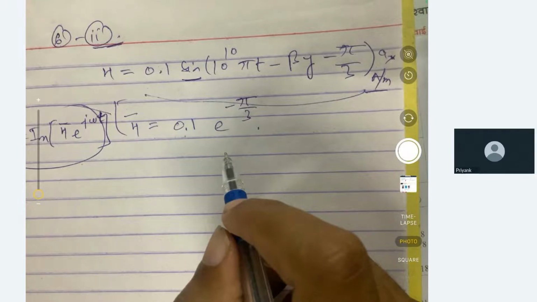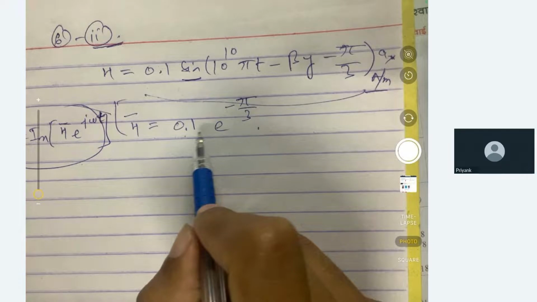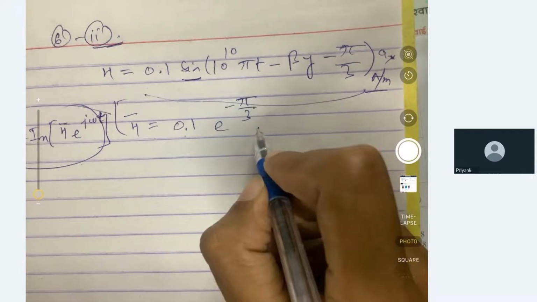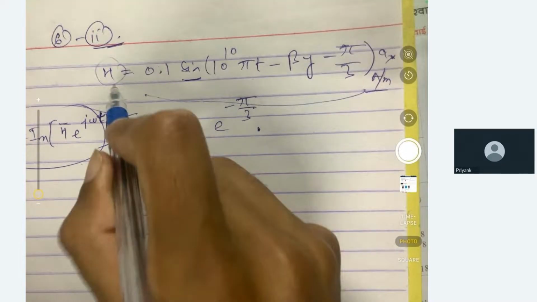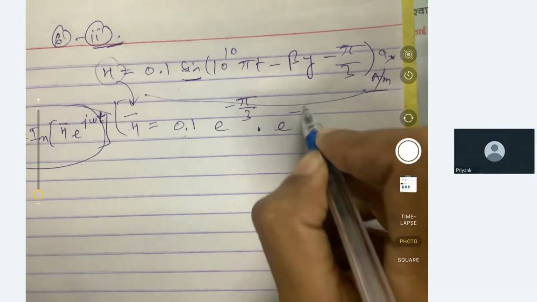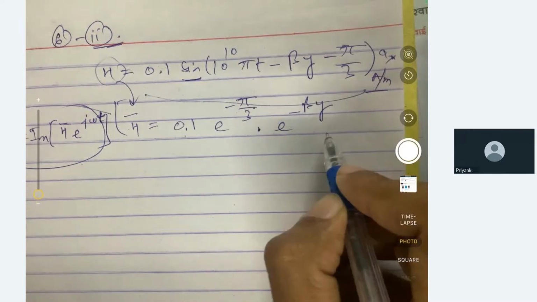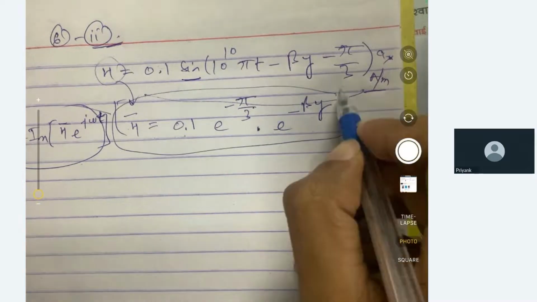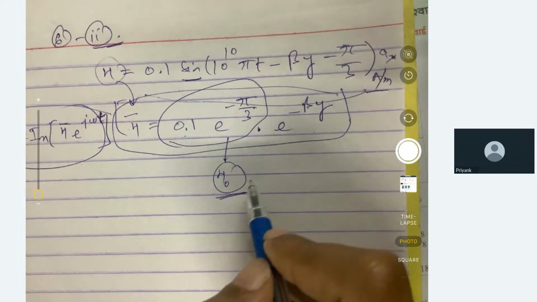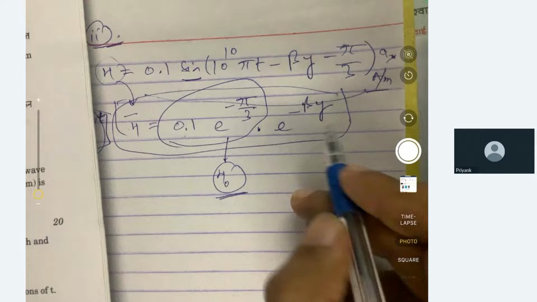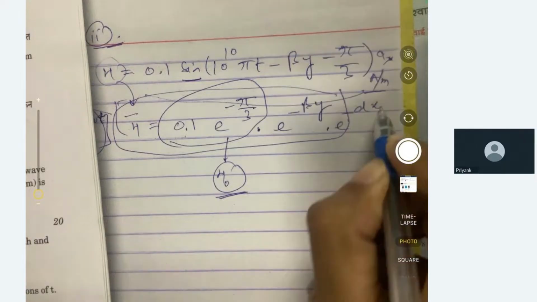Okay, so this H is equal to 0.1 e raised to the power minus π/3. I am writing the phasor of this equation here, e raised to the power minus jβy. This will be the phasor, the value of H0. Now we have to take the alpha also, e raised to the power minus αy, minus jβy. So H0 will be equal to,